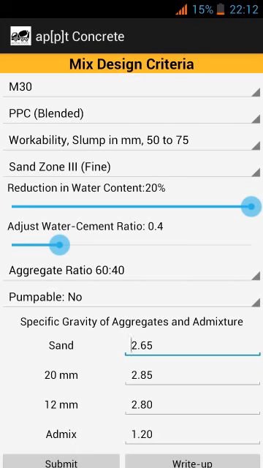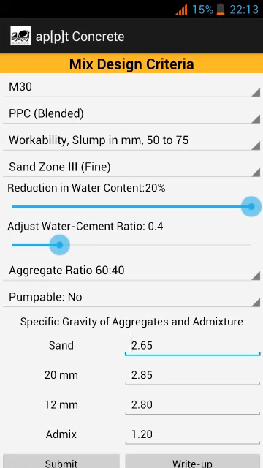Now when you select the grade of concrete, the seek bar below automatically sets itself to the default required value conforming to the standard. But in case you need to take a trial at a water cement ratio other than the default ratio, you can use the seek bar to alter the ratio.